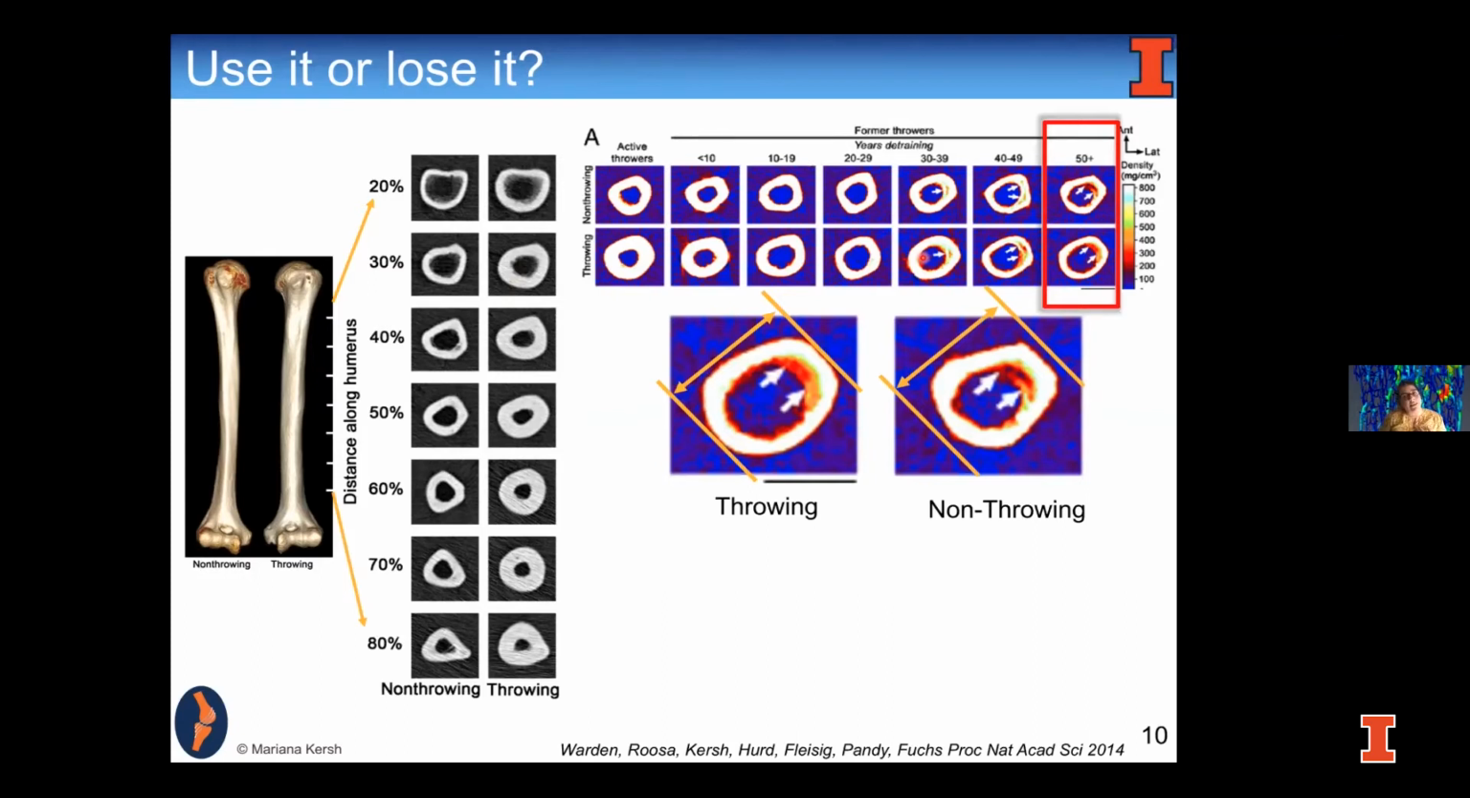What this tells us is that some bone adaptation that can happen when you're young has the potential to last lifelong. So even though they haven't pitched in 50 years, we can still maintain some of the effects of exercise when done young. Now, the caveat to that is that baseball pitchers, of course, these are professional baseball pitchers,